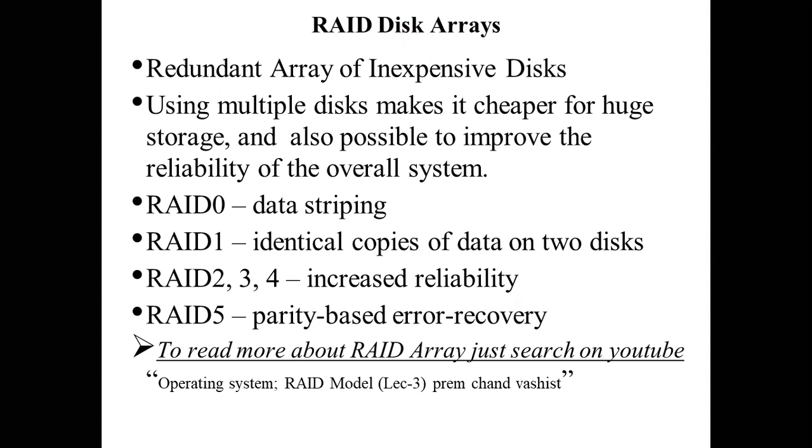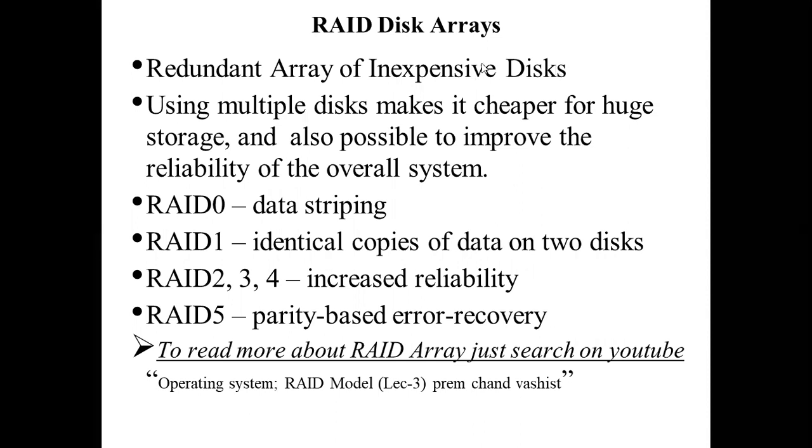This reduces the particular information which can be hampered, which can be deleted. For example, it increases the reliability of the system. By using this, you can increase the reliability. Redundant array of independent disks means you can